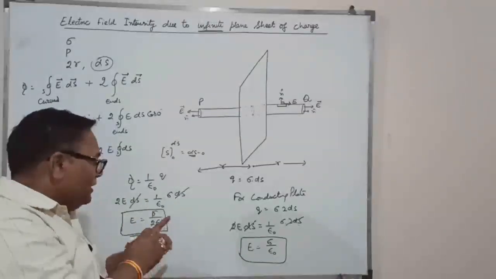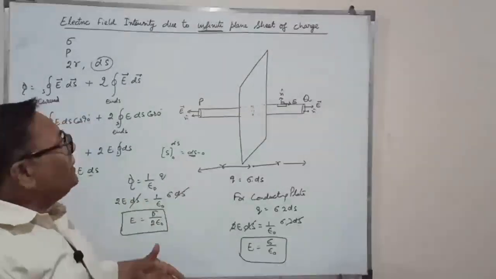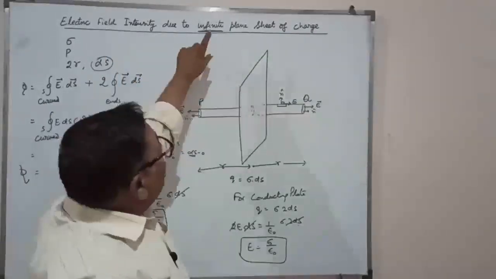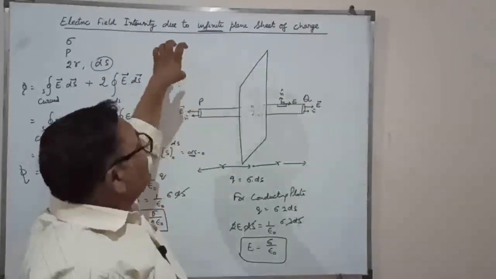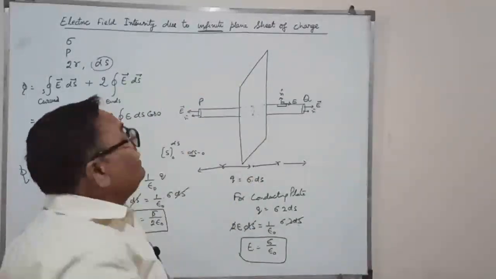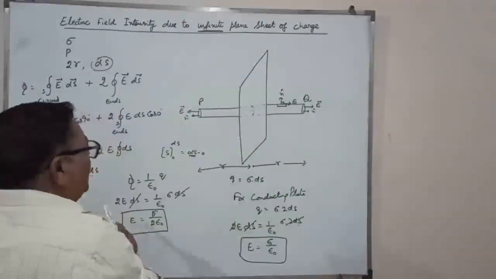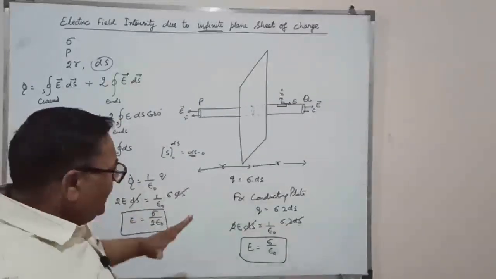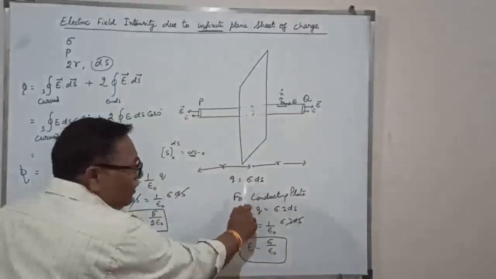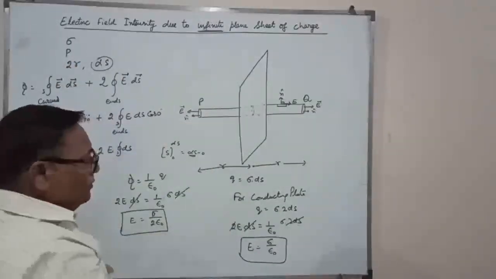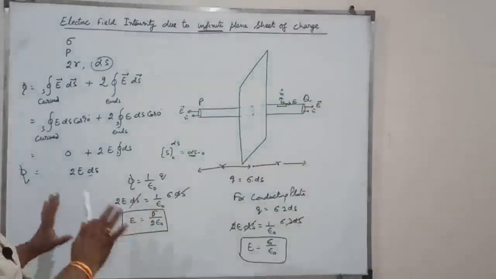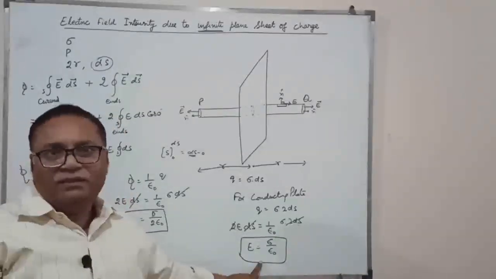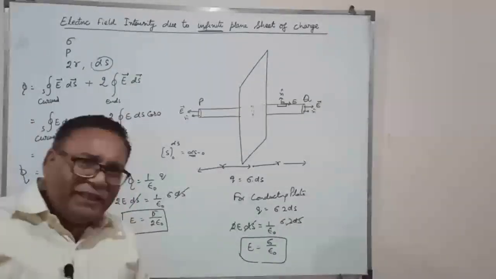If in an exam the question paper clearly mentions that the sheet is conducting or non-conducting, this expression is totally for a non-conducting plate. If the plate is conducting, then change here only. The rest of the derivation remains the same, only this changes and the final expression will be this. Clear? Then the next part is